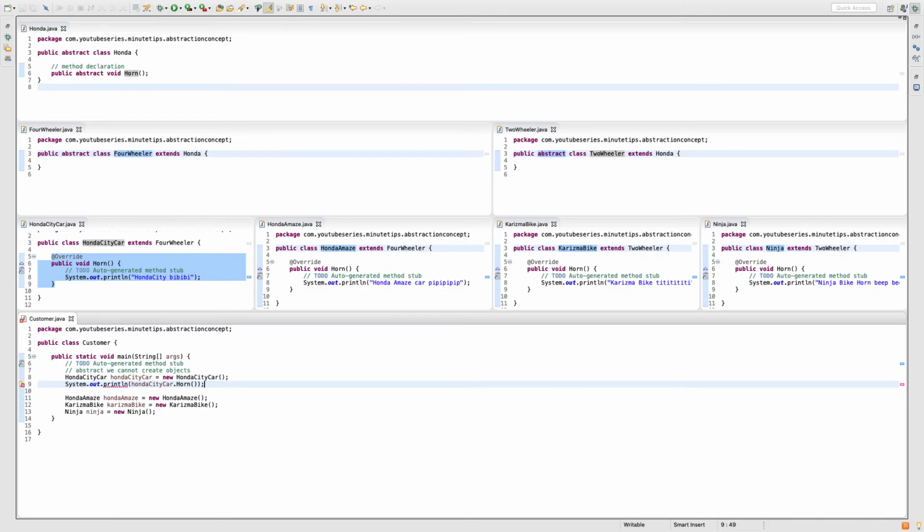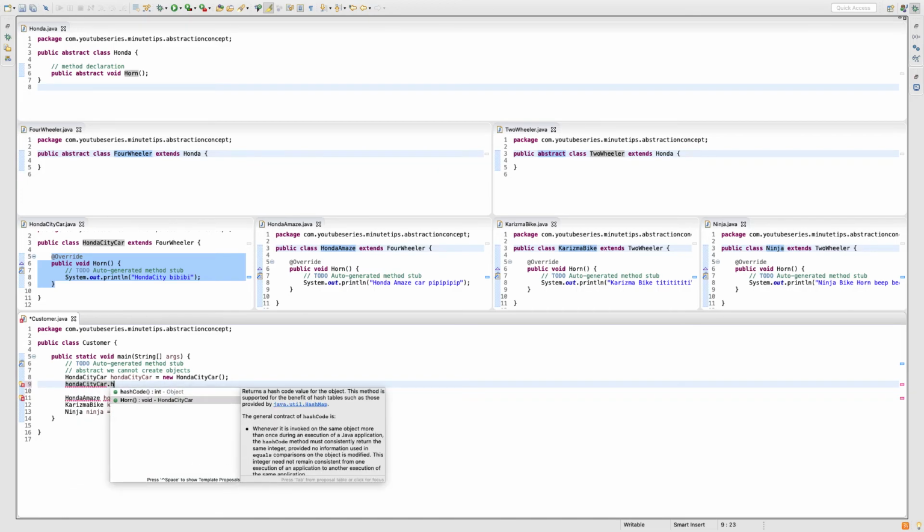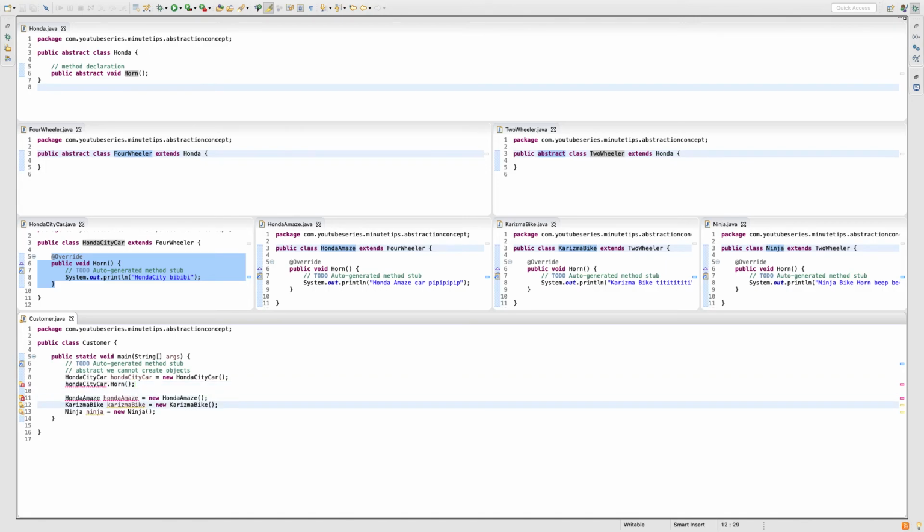Oops, oh, it's already in println. So my Honda City car object dot which method? Horn method. Okay, similarly my Honda Amaze object can call my horn method.